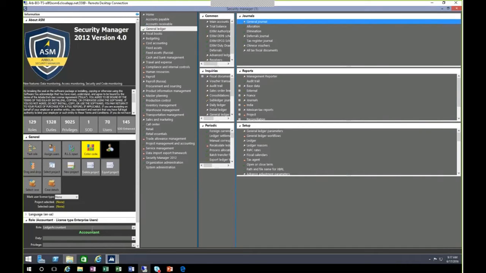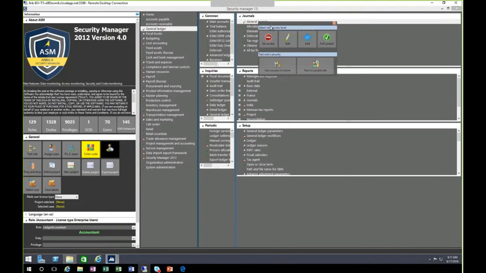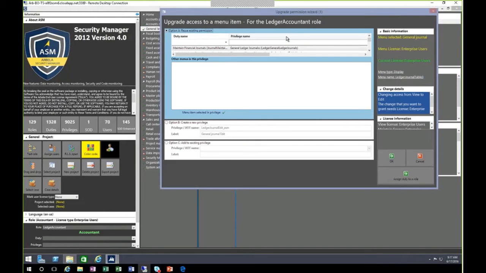It's a best practice to make those changes from the roles. If you do make changes from the roles, you can also have security added to the privileges, either creating privileges, modifying, which actually we recommend creating new privileges if you want to modify them, because if you make changes to privileges, it's going to affect every role that has that privilege and every duty that has that privilege. So what we recommend is basically making the changes and going through our wizards.